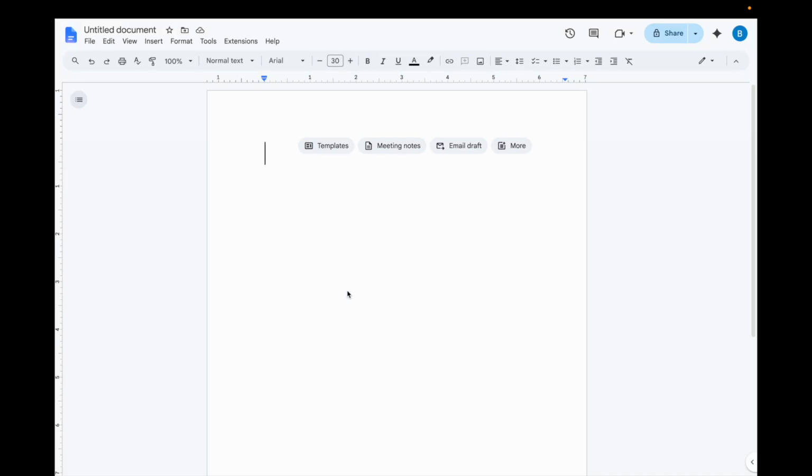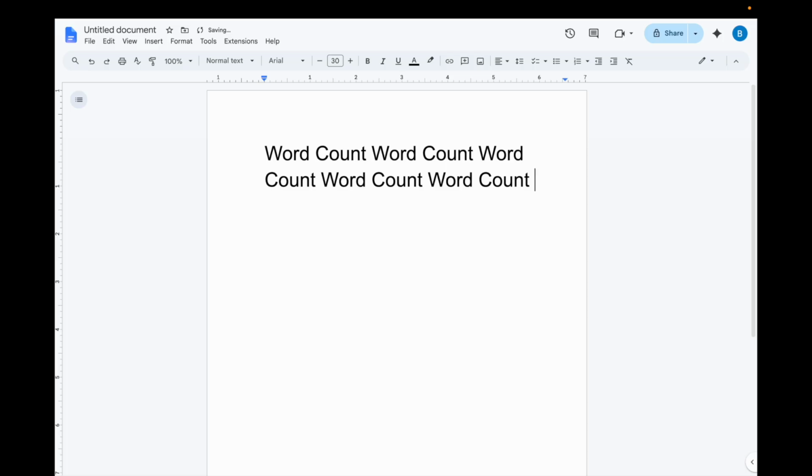So in this Google Docs tutorial, I will be showing you how to check the word count here on Google Docs. So if I were to go ahead and type in the word count a few times right here, I'll just go ahead and type it a bunch. And you want to count how many words you're at, or at least see how many words you're at in